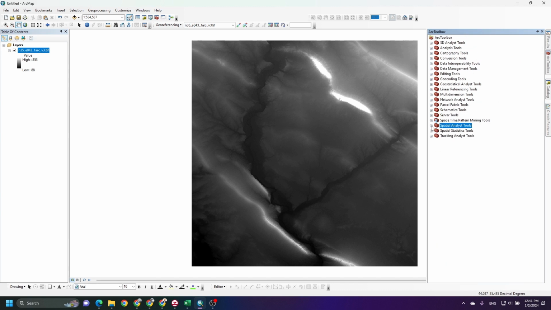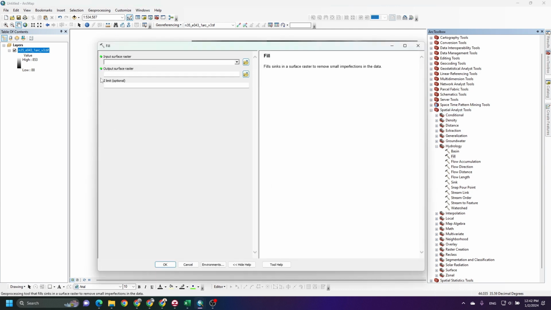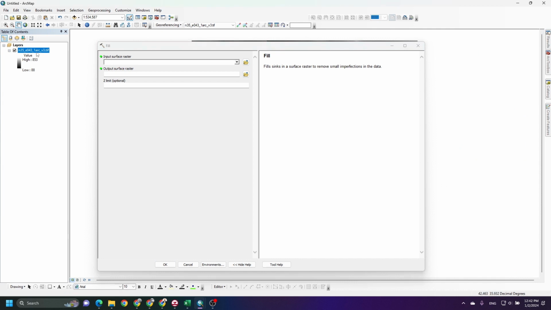The first one, we have to go to our toolbox here, Spatial Analyst Tools, then go to Hydrology, and the first step is Fill. We have to add the data, and we can rename it, and we can change the path.